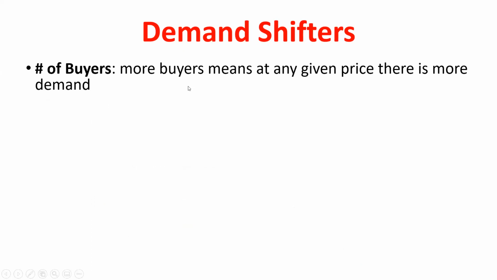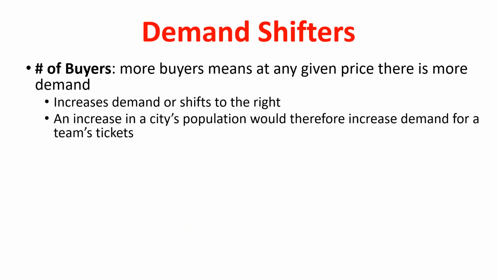So now at every given price, I have more people. So a higher number of buyers leads to an increase in the demand curve. Every time I go through these, if I fail to mention the exact opposite change, hopefully you can figure out it would be the exact opposite effect, right? So if I have more buyers, increase in demand. If I have fewer buyers, I'd see a decrease in demand, right? At any given price, there's just fewer people willing to buy it if we see a decrease in the number